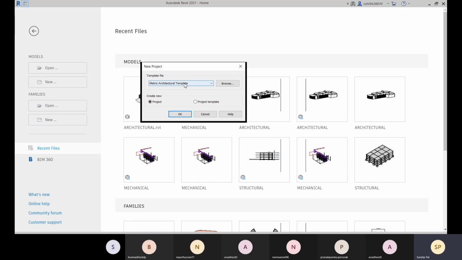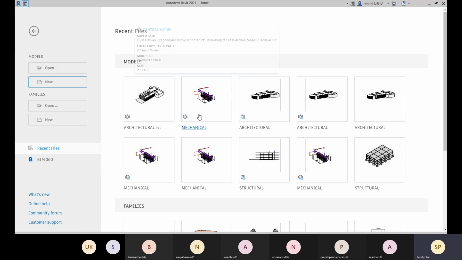Otherwise you can choose the default one from Autodesk, which is created here. You can choose this default one if it is related. This will ease things; you don't have to create that much, you don't have to change that much if you are choosing the right template. If you are creating a project template, you can choose this one and go with this project, and you will be creating it as a project. Okay, so now let me cancel it.